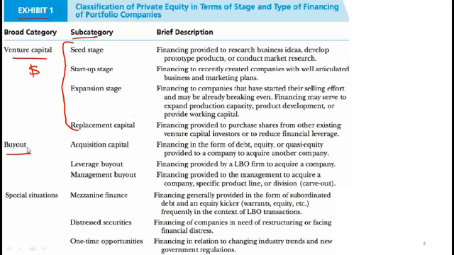Okay, now in level 2 we also need to understand what a buyout means. All these terms are given, but the ones that are most important, obviously I want you to read this, but I'll just highlight the two most important types of buyouts. One is a leveraged buyout, which is also called a LBO, and this is what companies like Abraj do.